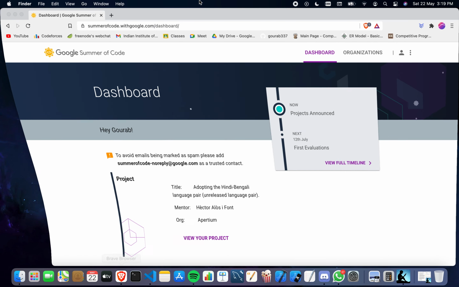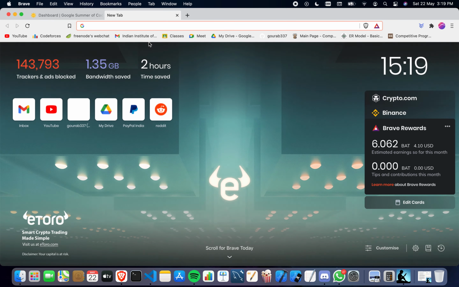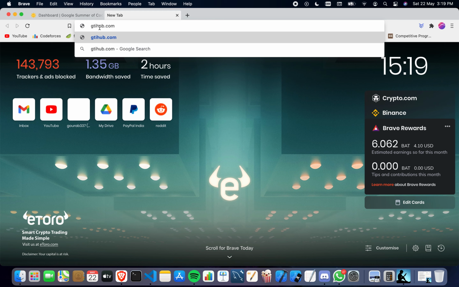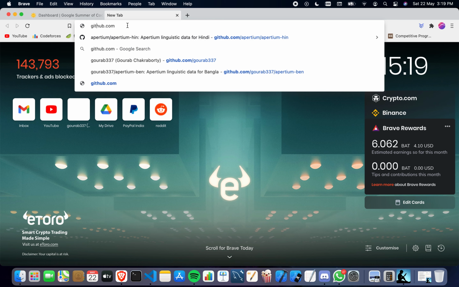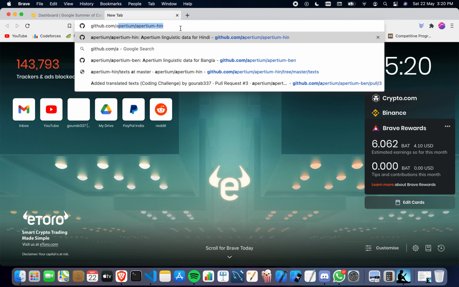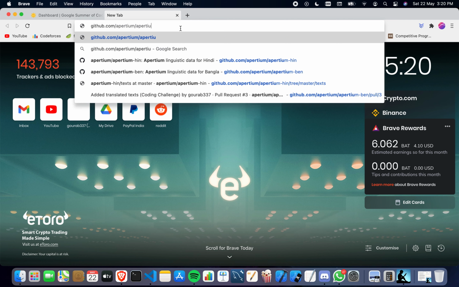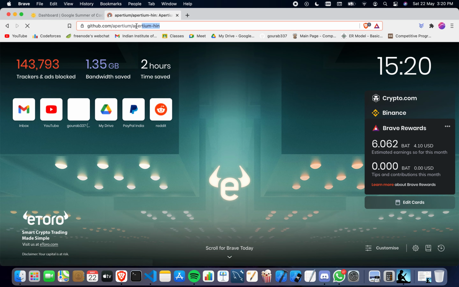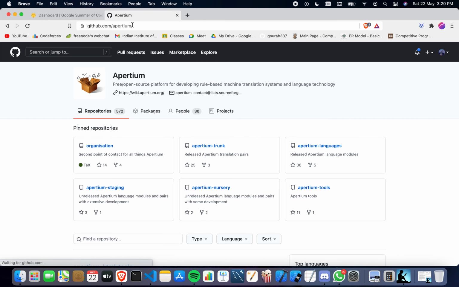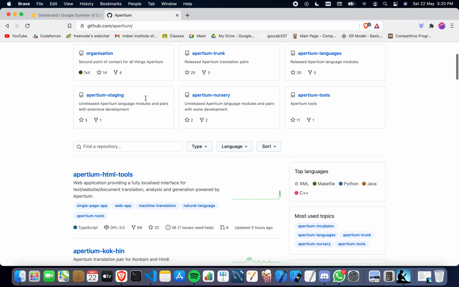So if you are wondering where you want to get those from, you go to github.com/Apertium. You will be redirected. Yeah, so this is the organization.